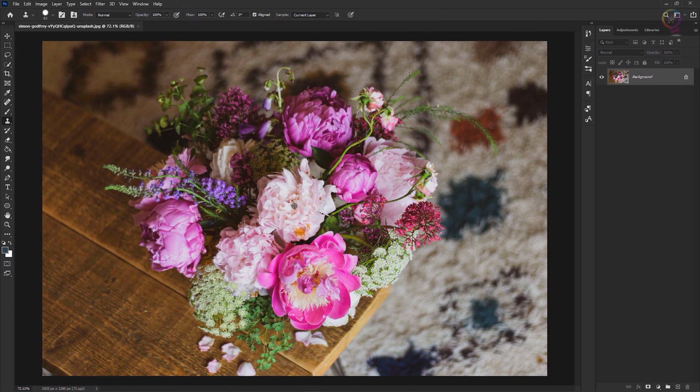Click and release your finger from the Option or Alt key, and then move over to an area where you need more flowers and start painting. And you can see that the source point is moving along with you, adding more content to this image. If you get a result that you don't like,